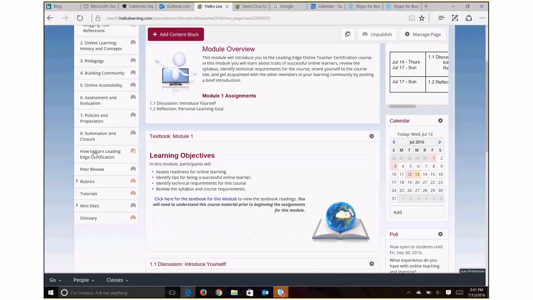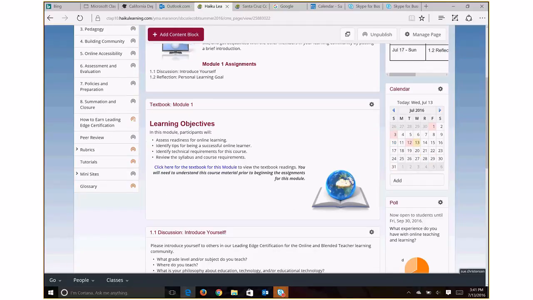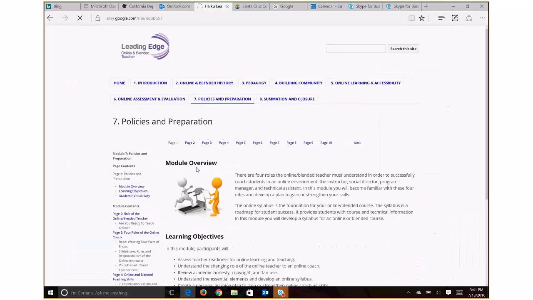You will always in the module see a textbook frame, and you'll know the textbook by the little book icon with the earth on it. You could click on that, or you can click on the blue link at the left, and we're going to do that right now, and you are going to be taken out of Haiku to a Google site that is actually the textbook. And when you're on the Google site, you'll see the pages across the top here, and to read the module's materials, you need to go through all the pages.